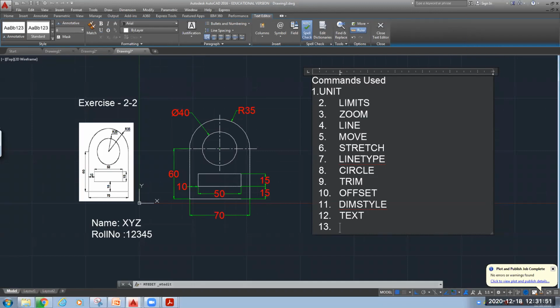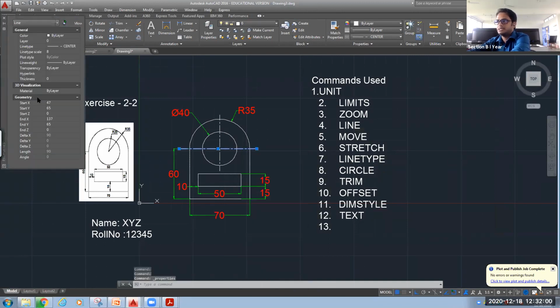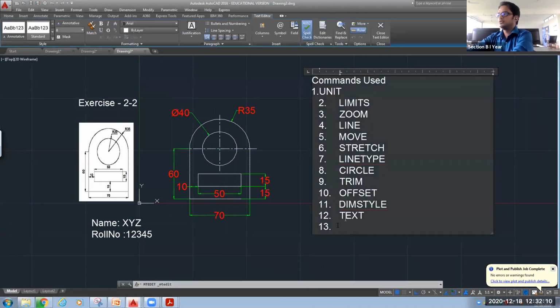Suppose I was changing this line type. What I have done is select any object, right click it and go to properties, and we were changing the line type here and the line type scale also. So keep properties in mind because this is a very useful tool. This is not a command that I have used, but I have used properties as a functionality.